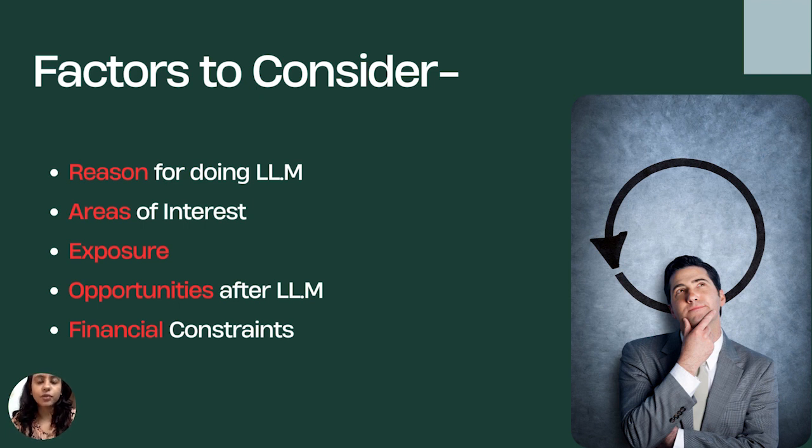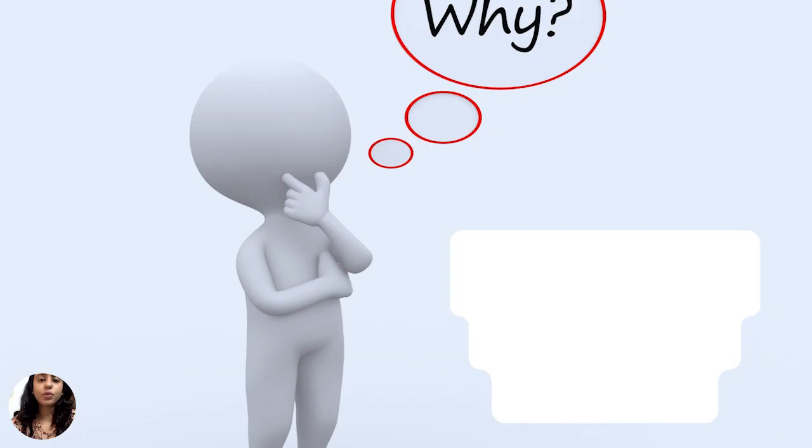Next is opportunities after LL.M. As to if you think that you want to get a placement from your LL.M, then you will have to look at the college's placement history, because not all law colleges in India also look into placements for their LL.M candidates. So if getting placed is one of your objective, then you must also look at the background of the college and the placement data. Lastly, you should also see your financial constraints, that if you do not want to invest a lot of money in your LL.M, then traditional or central universities might be a better idea for you. So these are some of the things that might help you make a better decision on whether to do LL.M and where to do it from.